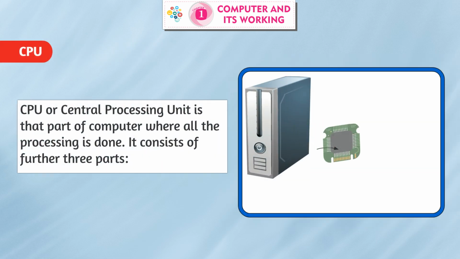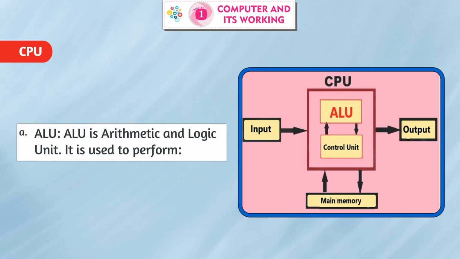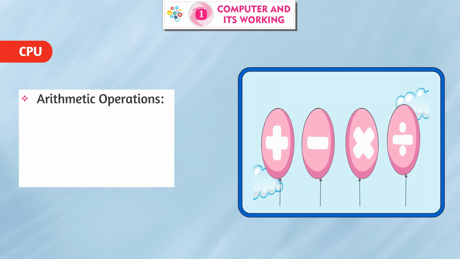CPU. CPU or Central Processing Unit is that part of computer where all the processing is done. It consists of further 3 parts. ALU. ALU is arithmetic and logic unit. It is used to perform arithmetic operations: addition, subtraction,